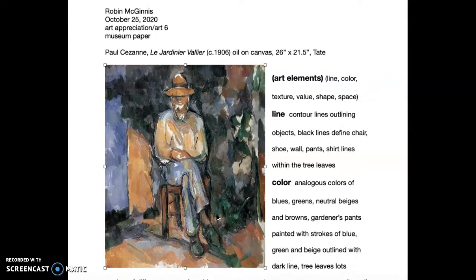And so what I found is the more I started looking at the elements and thinking about each part of the elements and trying to describe them and really notice, the more I started thinking about what this painting is about, right? So all these brushstrokes, this gardener, lots of paintings of this gardener, and I started thinking how there's blending of the colors and there's the blending of the brushstrokes. And I was thinking that maybe what Cezanne is thinking about is how his gardener sort of blends in with his background, how his gardener is part of that garden, part of that environment.